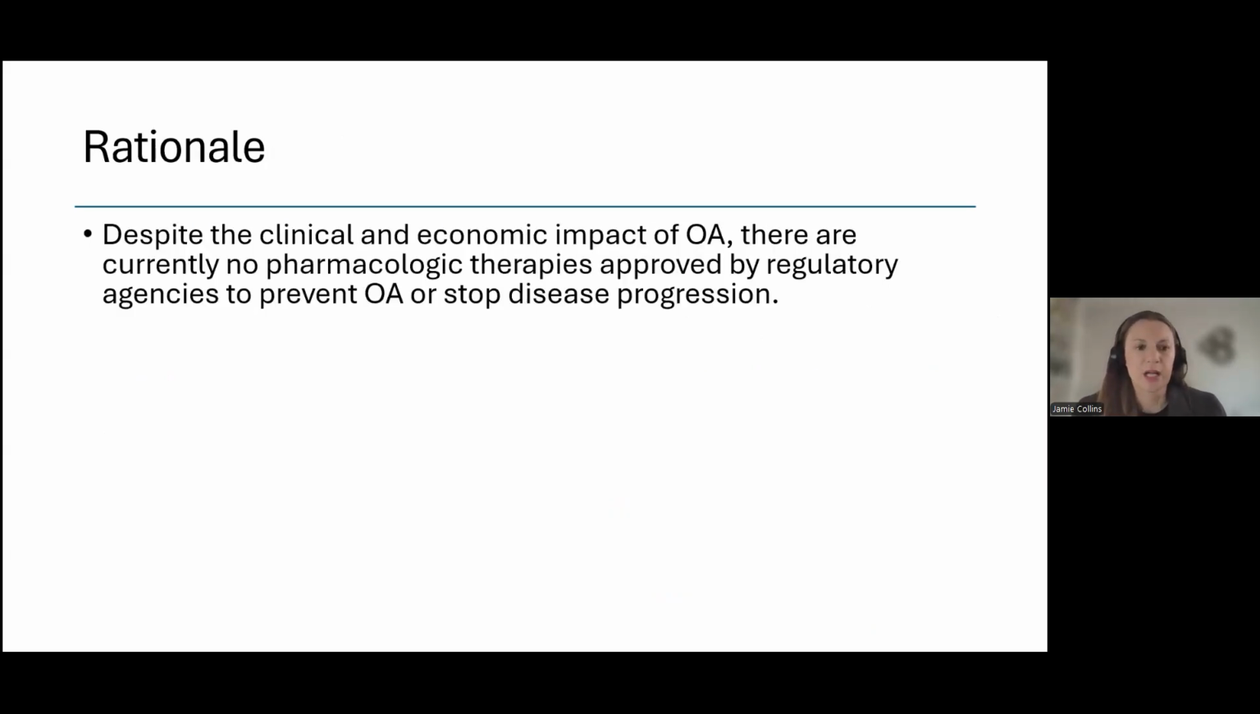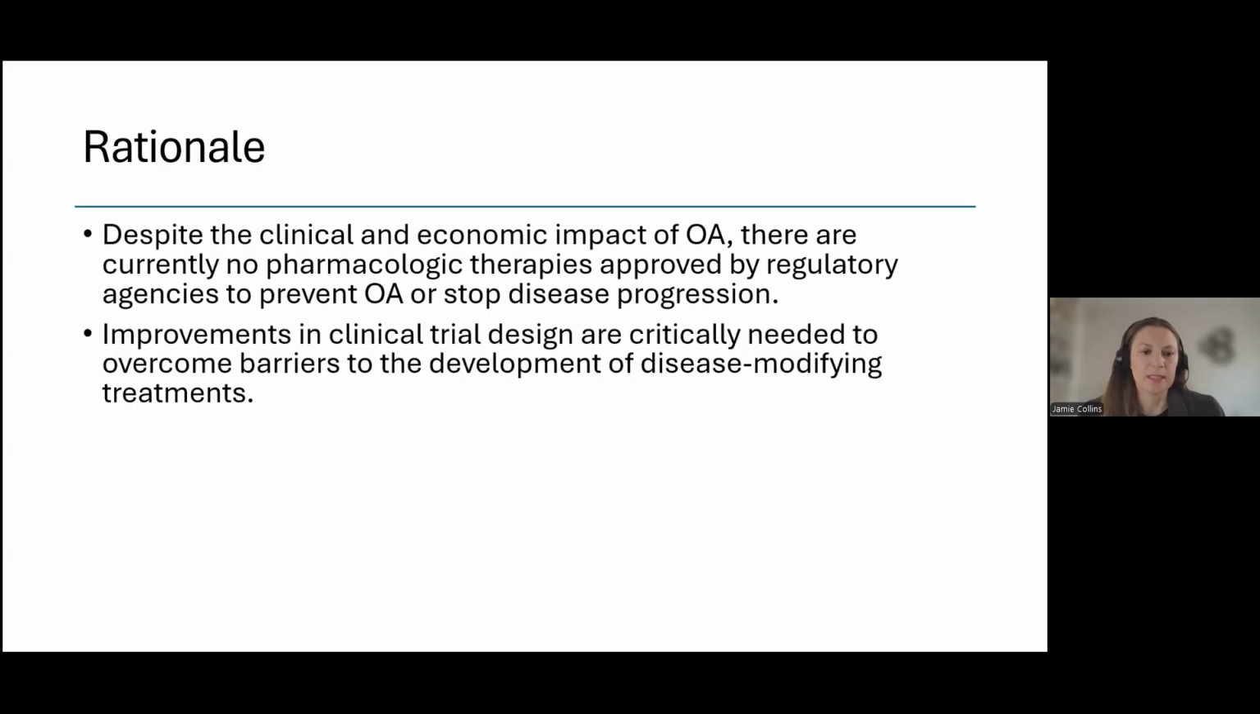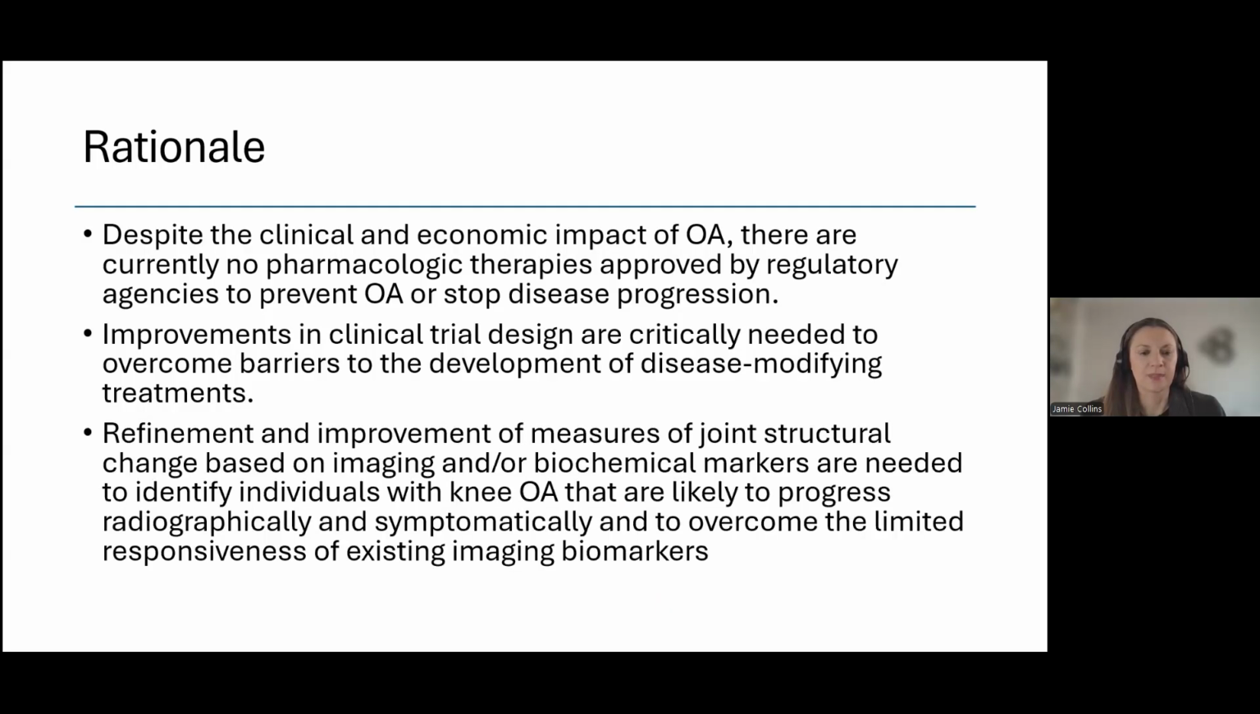So in terms of the rationale for this study, despite the clinical and economic impact of OA, there are currently no pharmacologic therapies approved by regulatory agencies to prevent OA or stop disease progression. Improvements in clinical trial design are critically needed to overcome barriers to the development of disease-modifying treatments. And refinement and improvement of measures of joint structural change based on imaging and/or biochemical biomarkers are needed to identify individuals with knee OA that are likely to progress radiographically and symptomatically, and to overcome the limited responsiveness of existing imaging